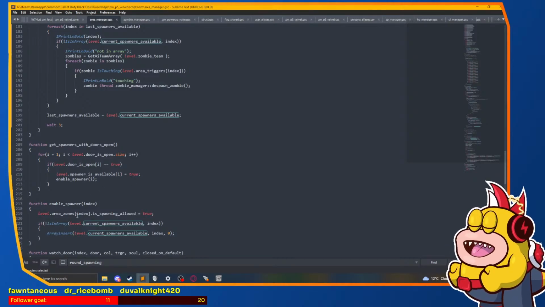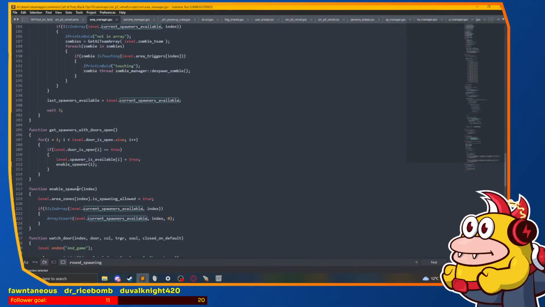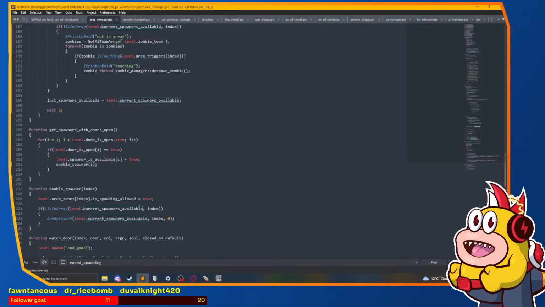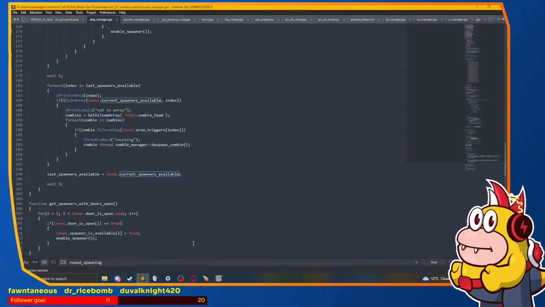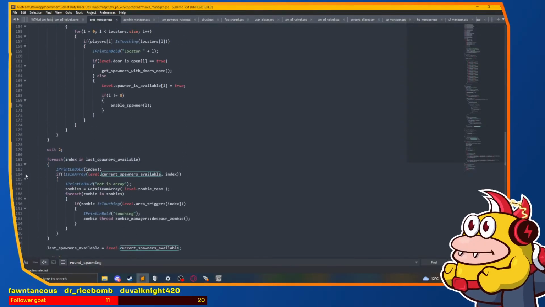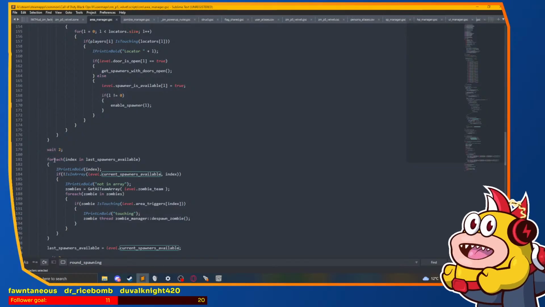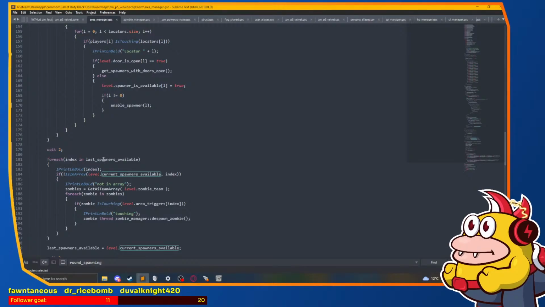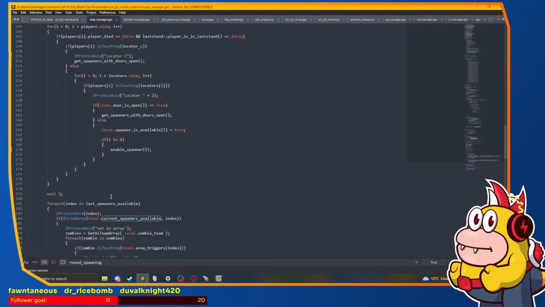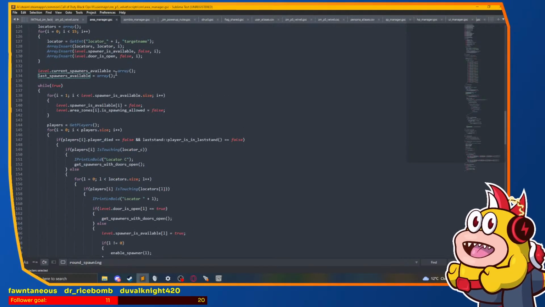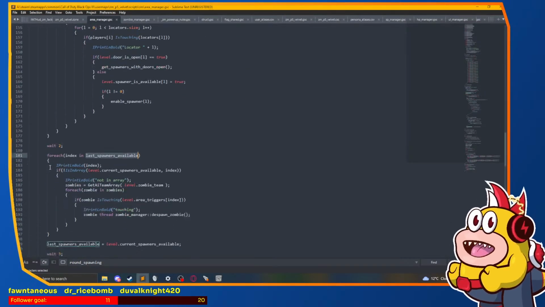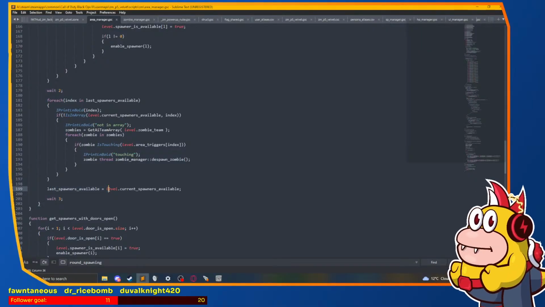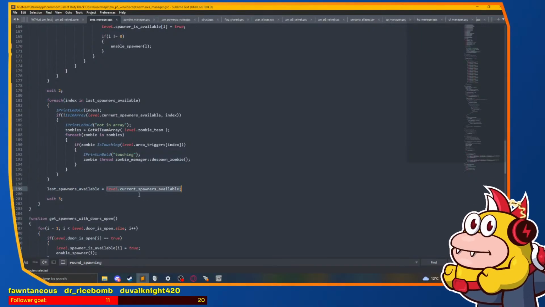Because we're enabling spawners, so this would be getting outputted or executed. If the index isn't in this array, add it in. So I think current spawners available should definitely be working. Waiting 2 seconds for each index in last spawners available. Of course, for the first iteration, this won't do anything because last spawners available will be blank. But then after this, last spawners available is set to the same array as current spawners